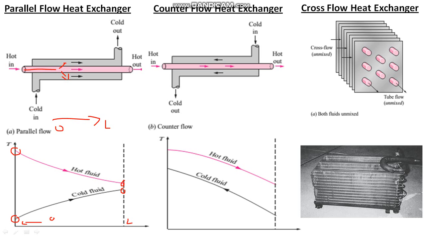But in the case of counter flow, remember carefully, both are in opposite directions. What is the direction of the hot fluid? In this direction, along the L. What is the direction of the cold fluid? Along the negative direction. Therefore, the inlet temperature of the hot fluid will decrease up to some point. What about the cold fluid? Its inlet is at the L end, where it is low, correct? So it increases while coming in this direction and after it reaches this point. These two graphs are the calculations for parallel flow and counter flow, just remember this.